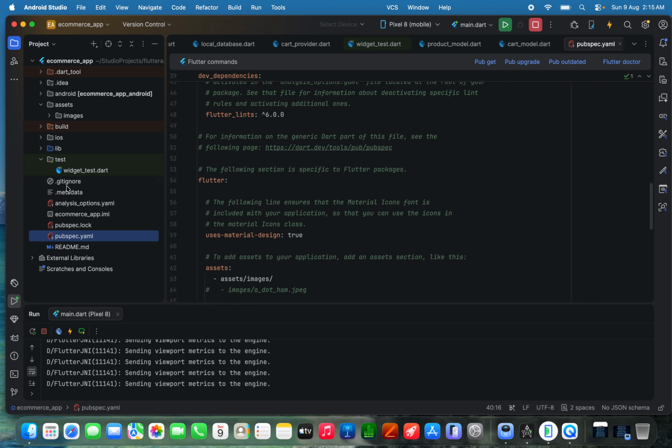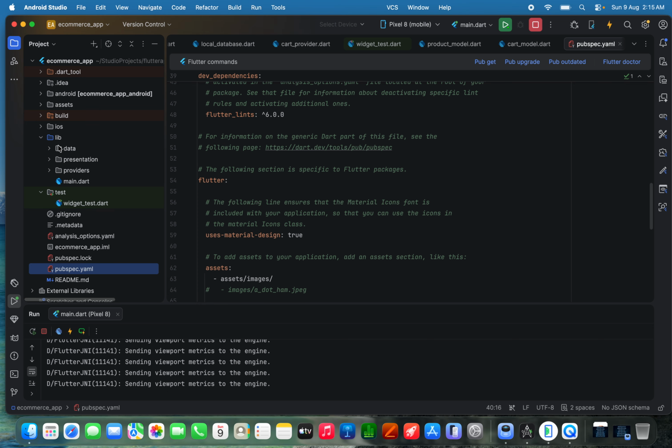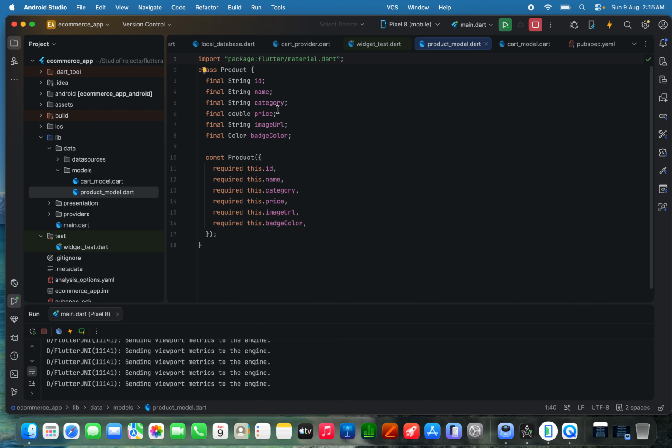Now, for our data, we have a schematic representation of our database. I'm going to go to the lib folder, and then here in data, I have 2 subfolders, data sources and models. In the models, let's start with the product model. These are our product schema: we have ID, name, category, price, image URL, and badge color,